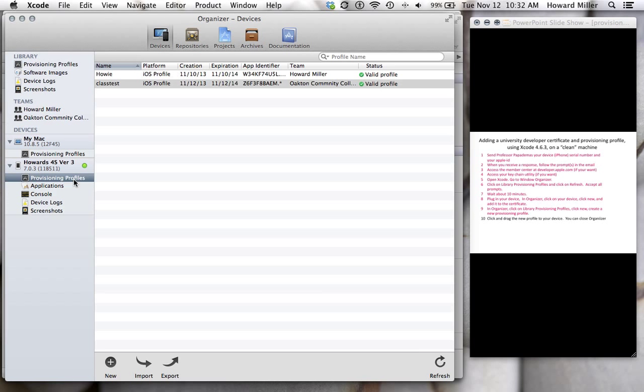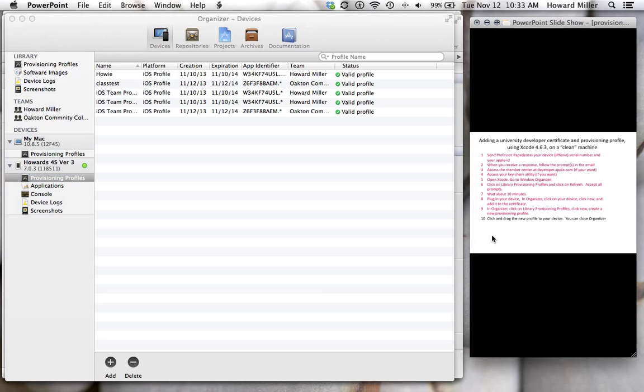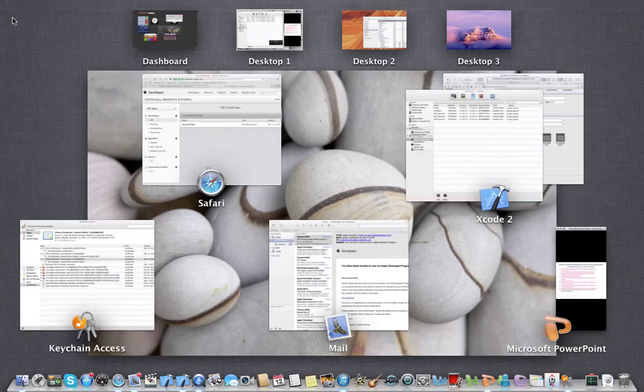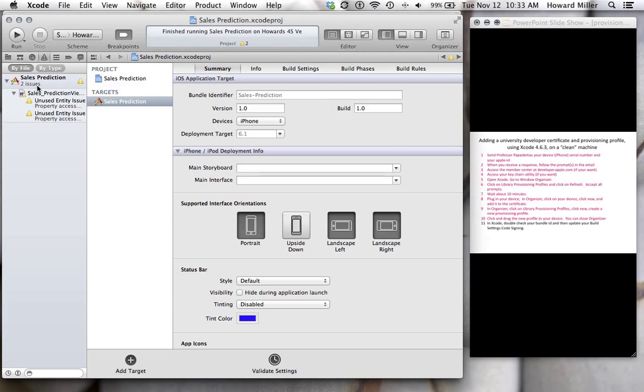Now, when I click down here, I've got the profiles that were created from my Howard Miller team, and I now have the class test for the Oakton team and a system generated profile also for the Oakton team, but we're going to focus on the one for class test. And we are now done with Organizer. So now we can close out the Organizer window and go back into here,